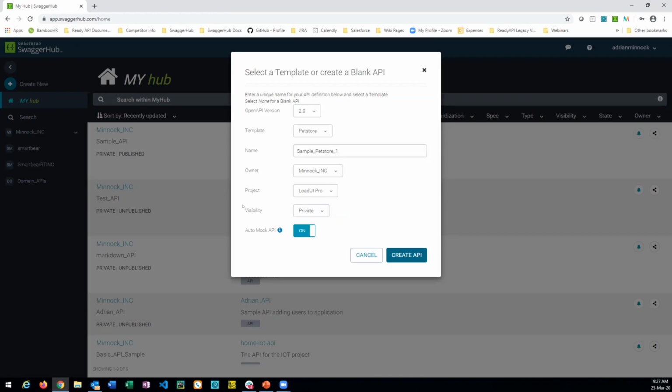So with this visibility here, if we select public, it means that this API definition is going to be available to anybody who accesses SwaggerHub. So they'd be able to access SwaggerHub, search for it, and view it. Now, if we want to have restricted access, so potentially we might want to have this for internal use only, or potentially some external consumers, but we still want to have restricted access, we would then select private. When we create the API definition now,